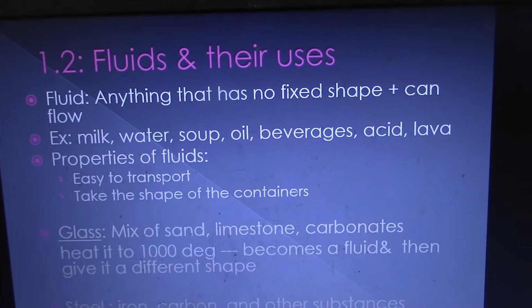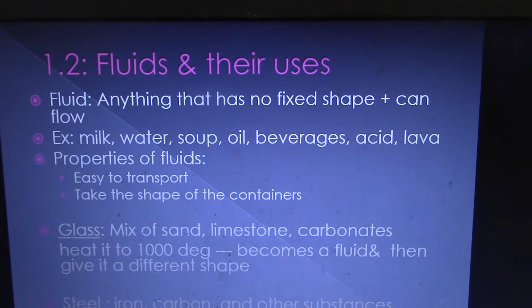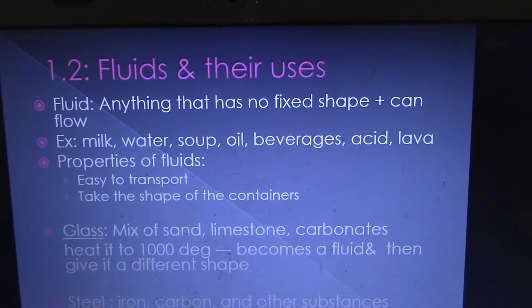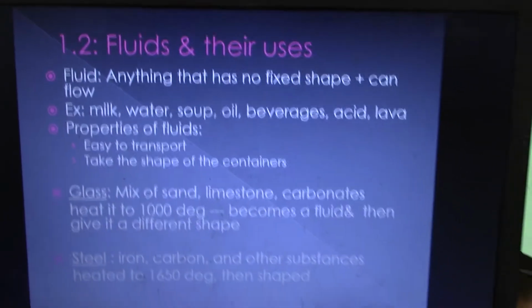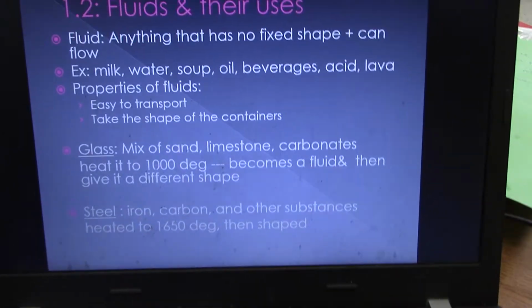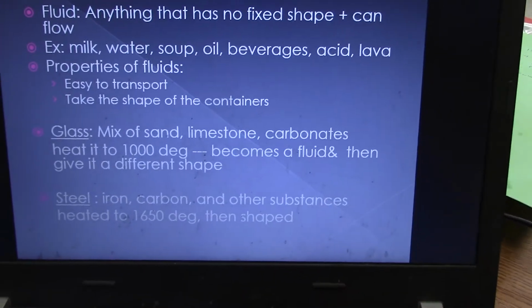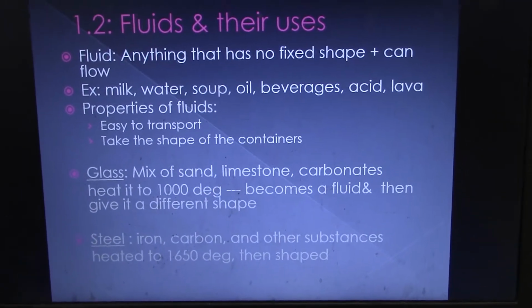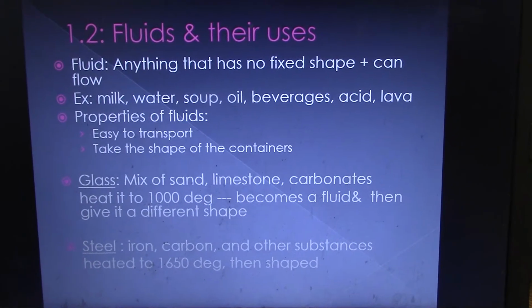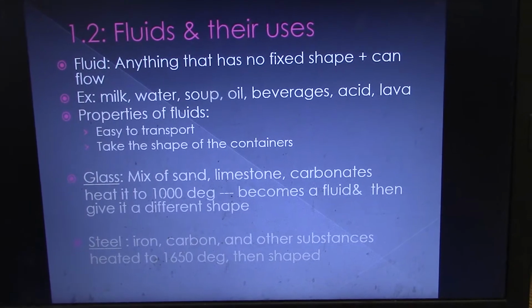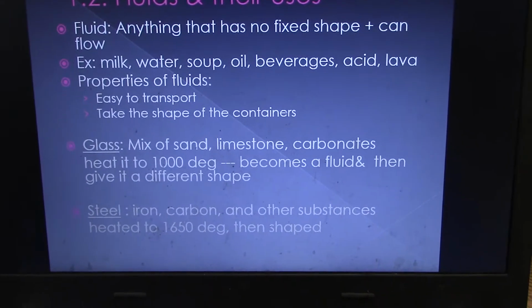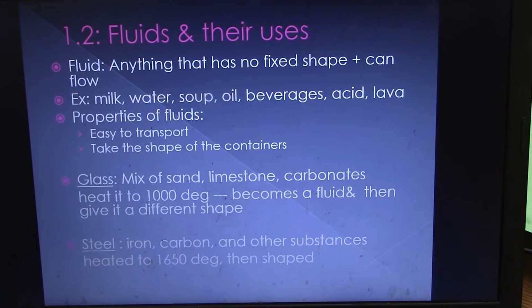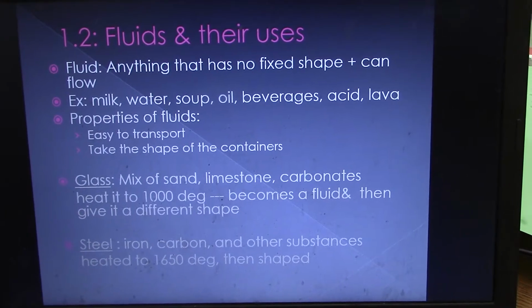Fluids, because they take the shape of their container, are easy to transport. And we use them in varying different concentrations. We're going to talk about what concentration is and the reasons why we use different concentrations for different things. Some things become fluids at different temperatures as well, right? So glass is a liquid at 1,000 degrees Celsius. We can liquefy it, it becomes a fluid, and then it'll solidify into the panes of glass